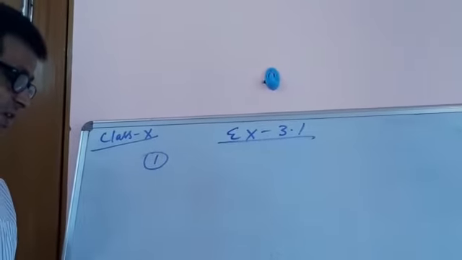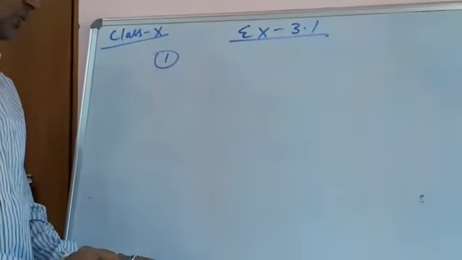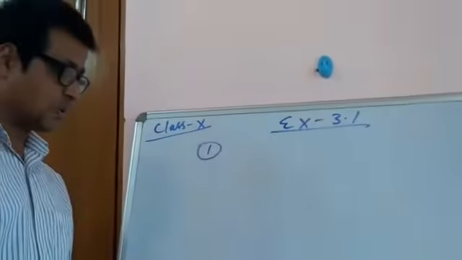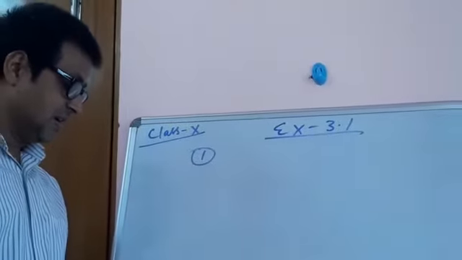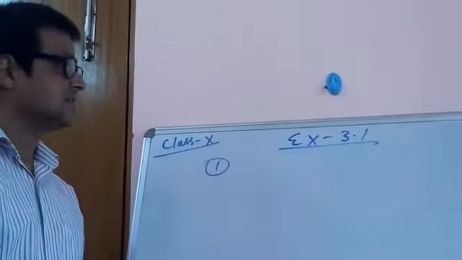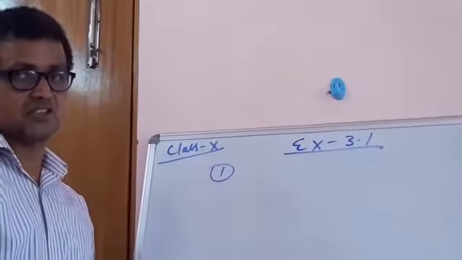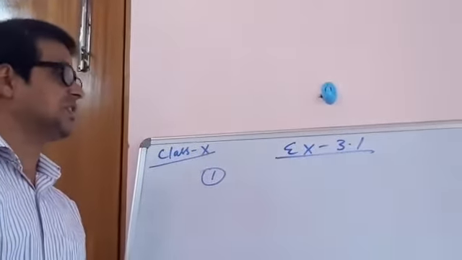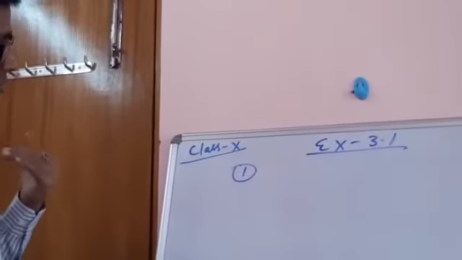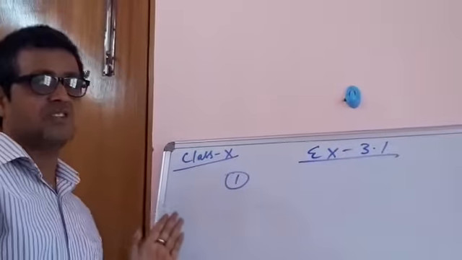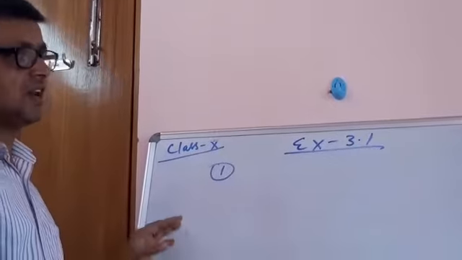Aftab tells his daughter, "7 years ago I was 7 times as old as you were then. Also, 3 years from now I shall be 3 times as old as you will be." Isn't this interesting? Two persons are involved in this question, Aftab and his daughter. Because this question is based on ages, whenever you start to do questions, please try to understand. I am trying to give you some tips and tricks that will definitely help you.